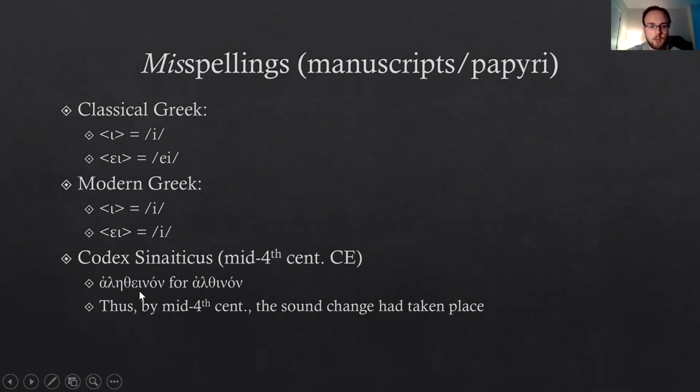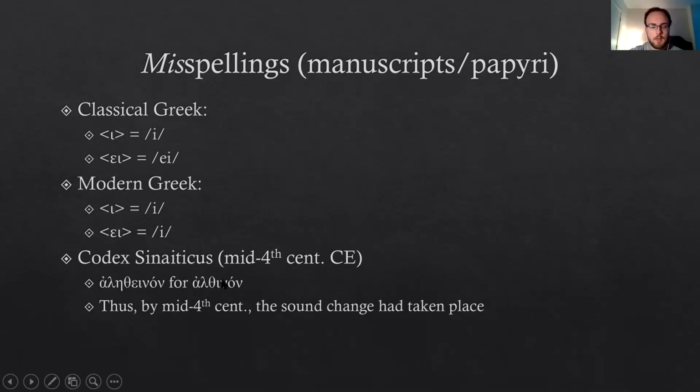So, for example, this word right here, right below the Codex Sinaiticus point on this slide, you can see what might appear to be pronounced alethenon, as written in Codex Sinaiticus, when in fact there should be another character in between the lambda and the theta there, my apologies. It should actually be spelled not with an epsilon iota diphthong, but rather just with a plain